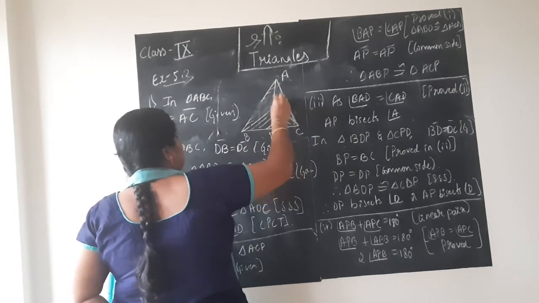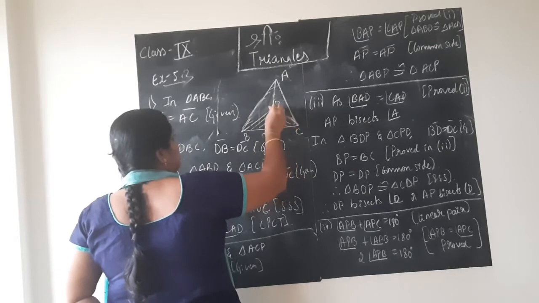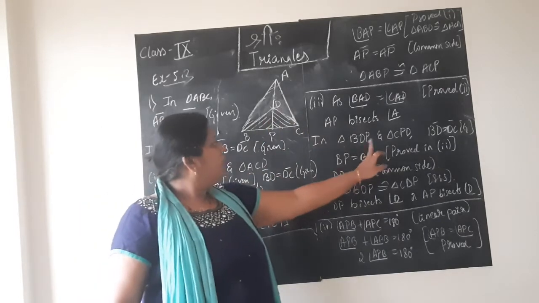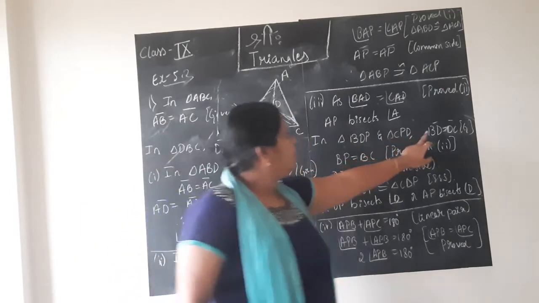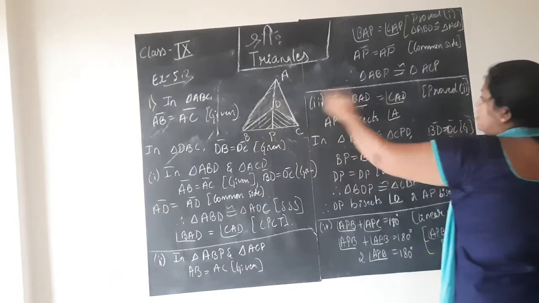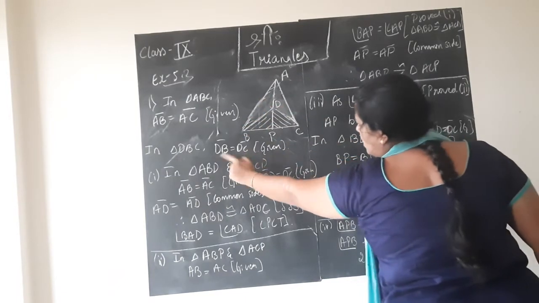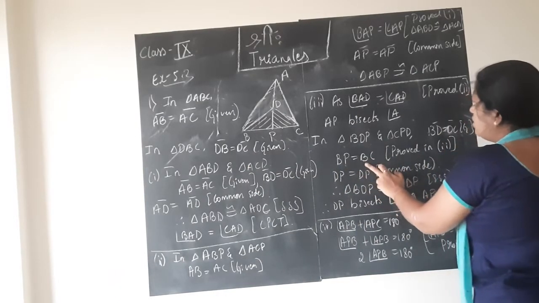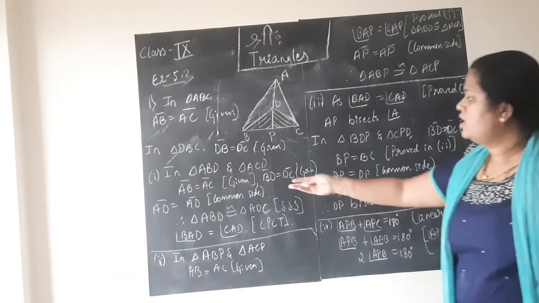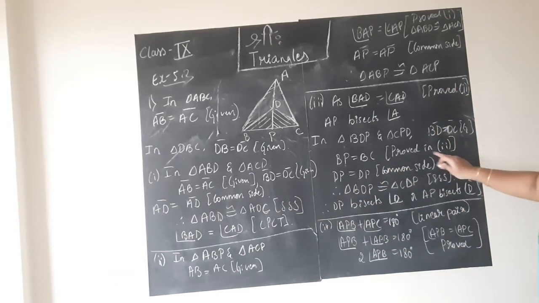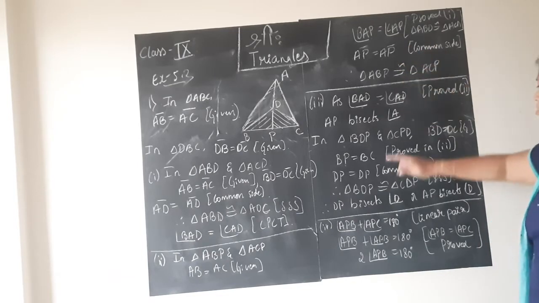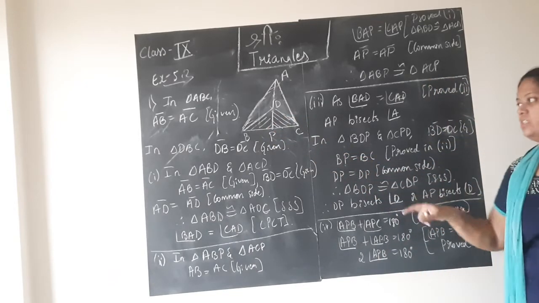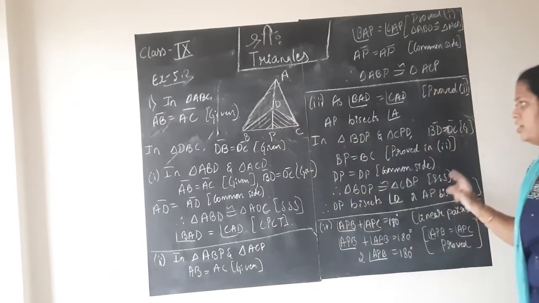Let me erase this not to confuse you. These shaded ones you have, no? These two small triangles they are talking about. So in triangle BPD and triangle CPD, BD equals DC. Why? This DB equals DC, BD equals CD, one more given. So it is given data. I have written G, you write given. BP is equal to PC, just now we proved here. BP equals PC, we proved in 2, children. Check now. DP equals DP. Why? DP is common side for these two triangles. Again by SSS congruency, these two triangles are congruent to each other.